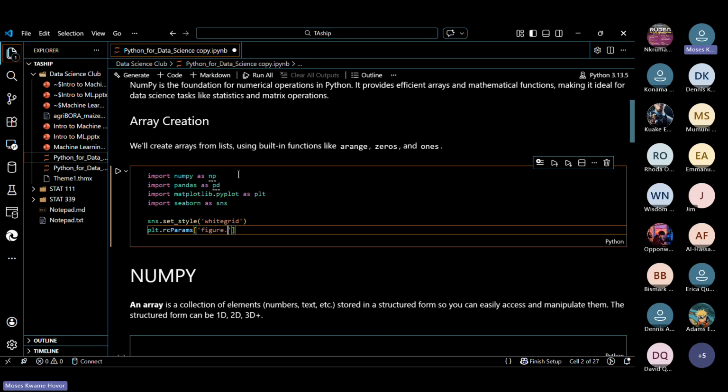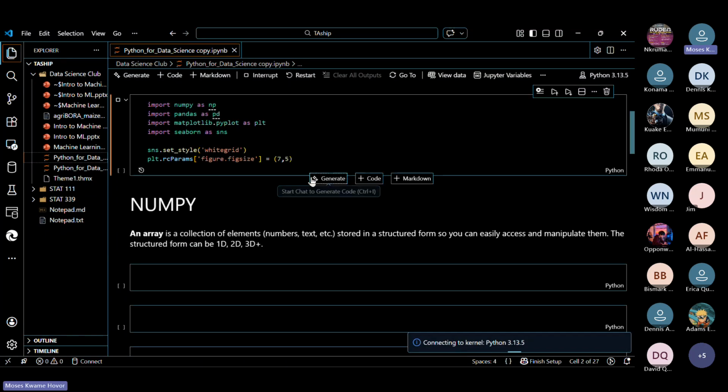This is for the graphs. Setting that to 7.5. All right, so I'm going to run this to import the libraries.